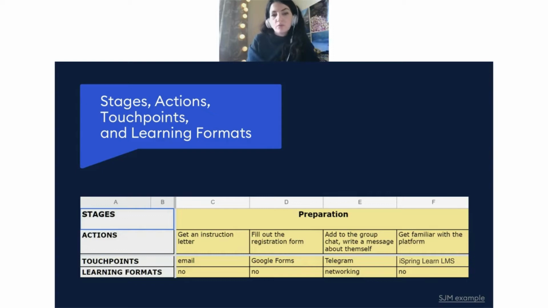Touch points are what the learners interact with. It could be platforms, tools, interfaces. And in this case, we can see email, Google Form, Telegram messages, and iSpring Learn LMS system. Also, you can define any learning formats that you have. For example, you can define where your students will have networking, where they will have a lecture, a practice session, homework, etc. So this is the first screen, and you see the first four